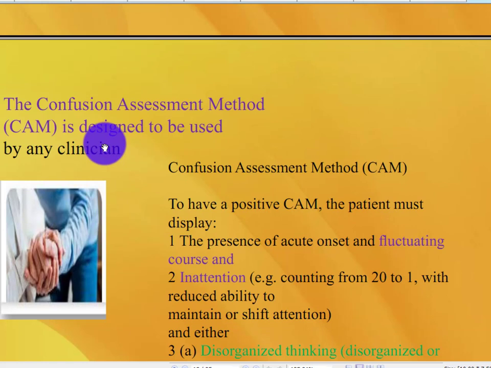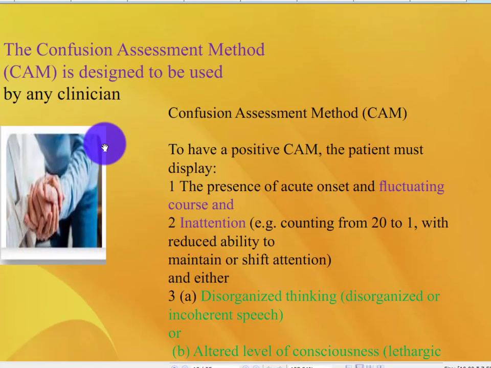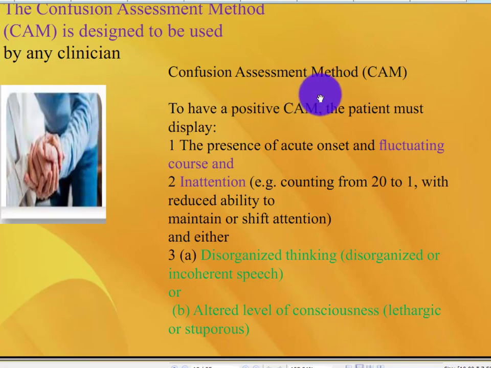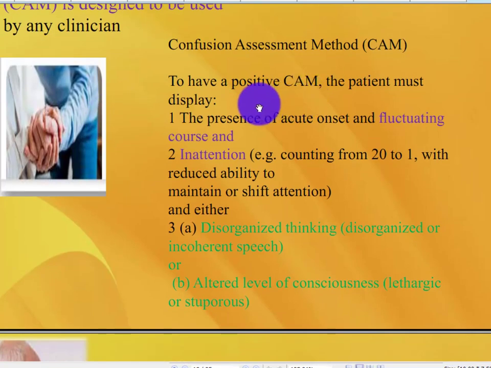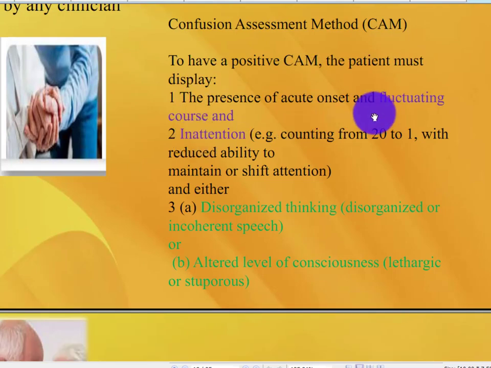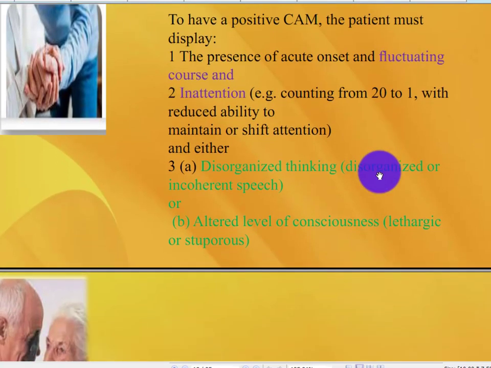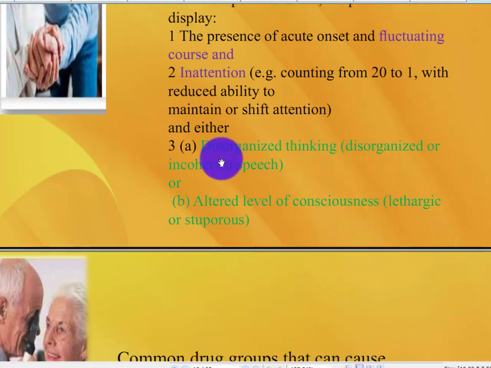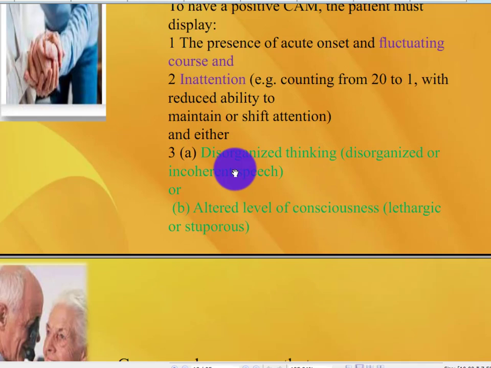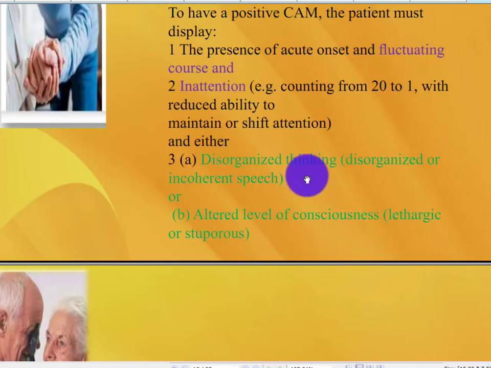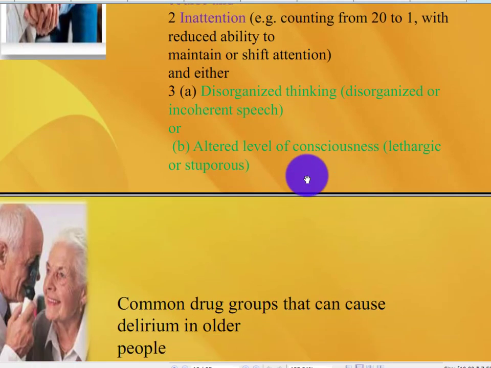The confusion assessment method is designed to be used by any clinician. To have a positive CAM, the patient must display acute onset, fluctuating course, and inattention, counting from 20 to 1, with reduced ability to maintain or shift attention, and either disorganized thinking, disorganized or incoherent speech,